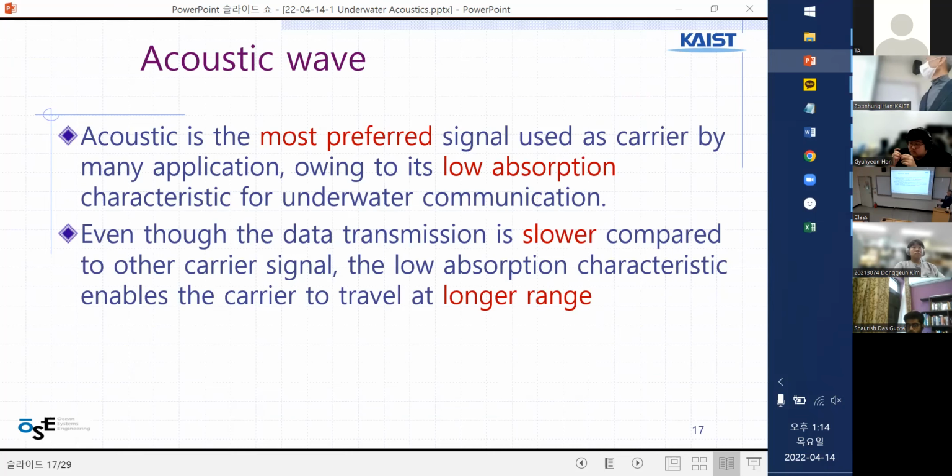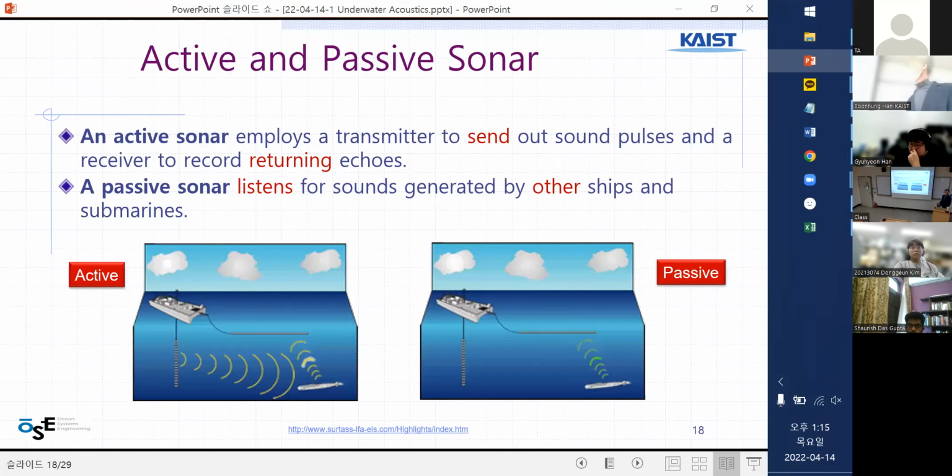The acoustic wave is the most preferred signal used as a carrier for application-oriented communication because of low absorption. But the data transmission is slower. Bandwidth is small, comparing to the electromagnetic wave. But it travels a longer range, as I told you before. So there is active sonar and passive sonar. Active